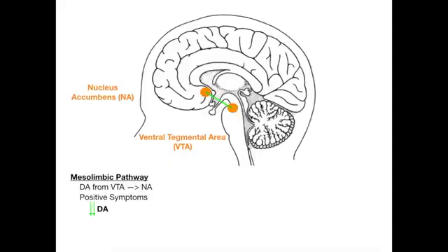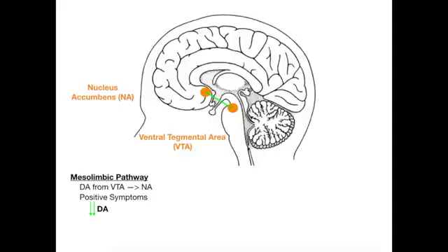So what's high yield? Let's take a step back here. The mesolimbic pathway is the projection from the VTA to the nucleus accumbens via dopaminergic neurons. The mesolimbic pathway is responsible for the positive symptoms of schizophrenia, and this is due to an increased level of dopamine. Antipsychotics treat positive symptoms by decreasing the amount of dopamine that's released in the mesolimbic pathway. So all that stuff I just said is very, very high yield. That's the mesolimbic pathway. So now let's switch gears and talk about the mesocortical pathway.